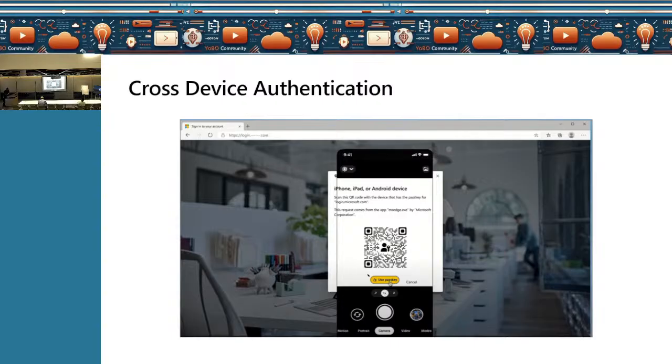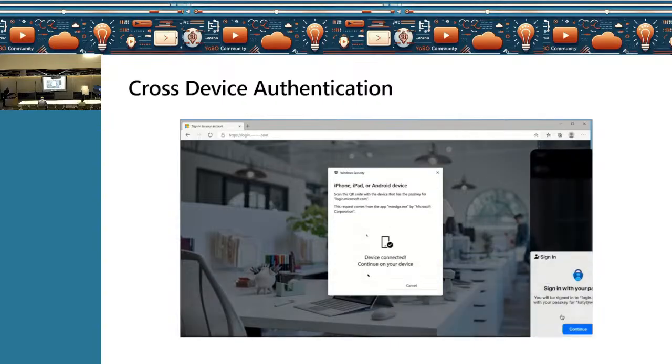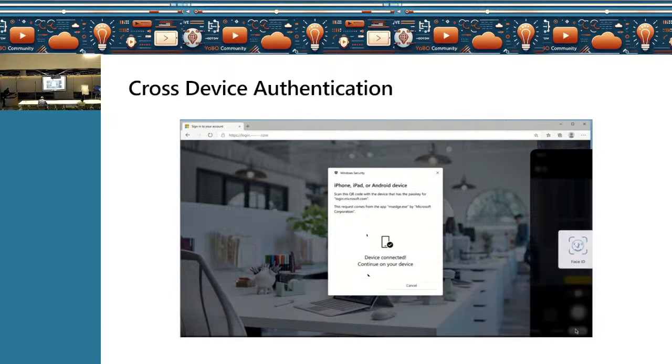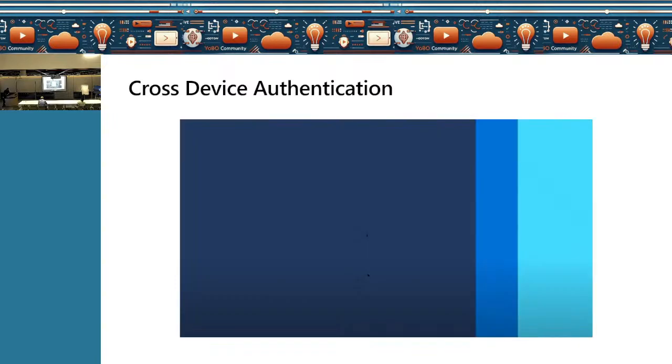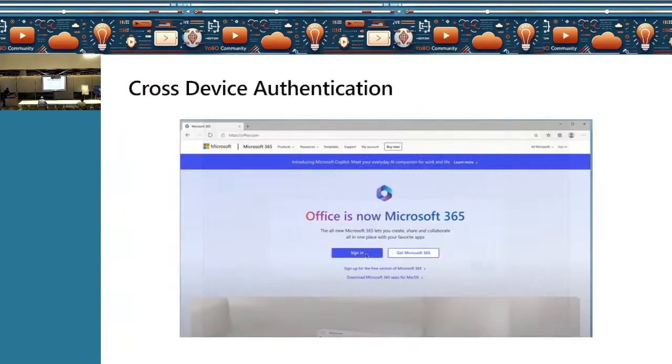You use your mobile device to scan it. You approve it on your mobile device, and that's it. You get authenticated. So you can understand the way it's working. Basically, it's using your phone and your laptop, and it's confirming close proximity using the CTAP protocol through Bluetooth to support you to sign in here.